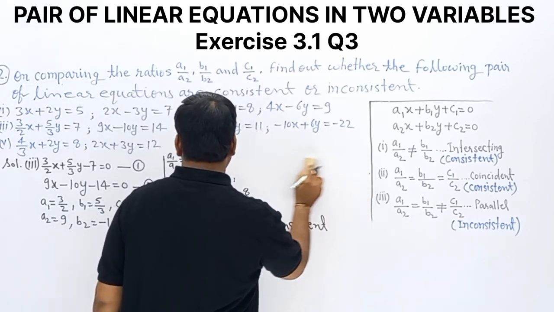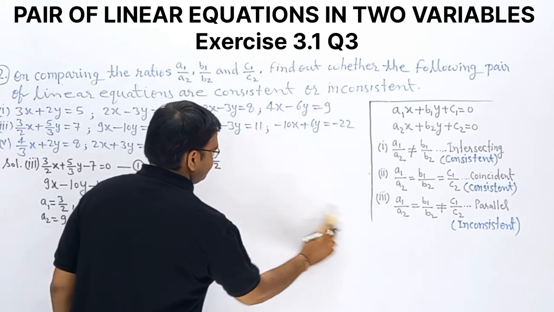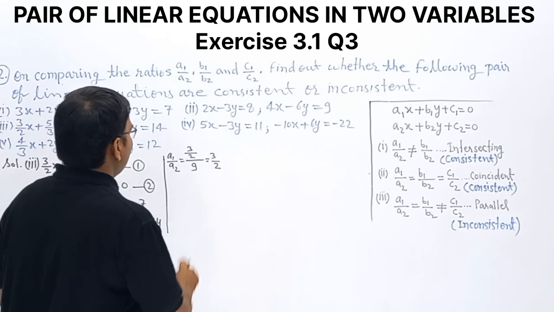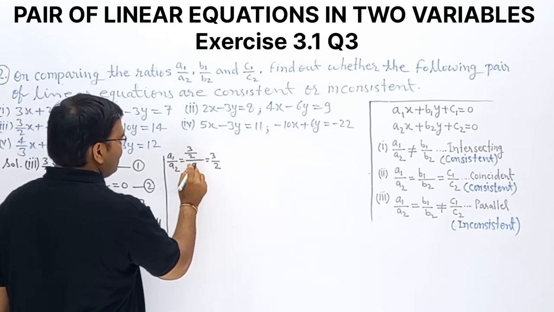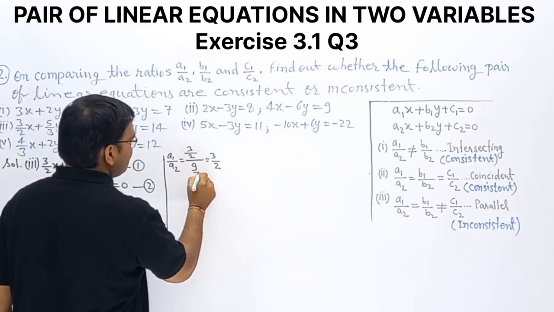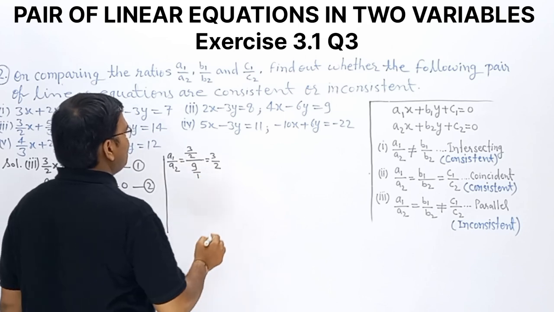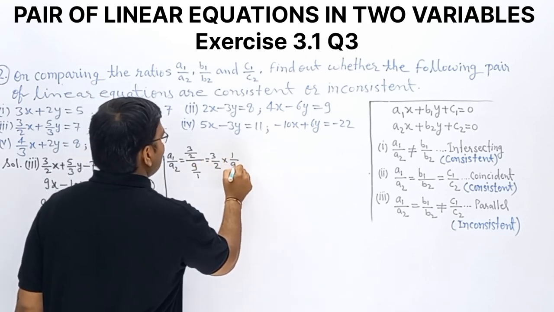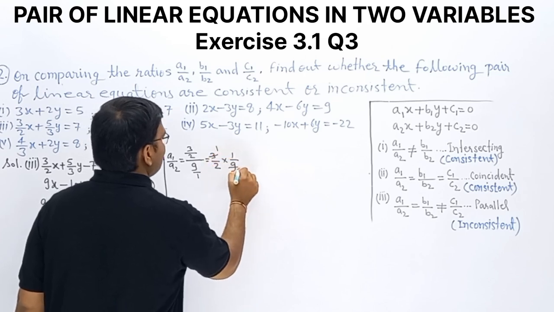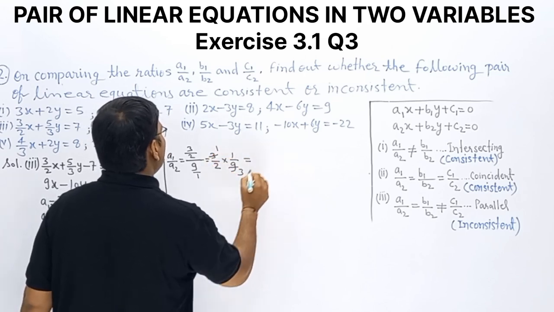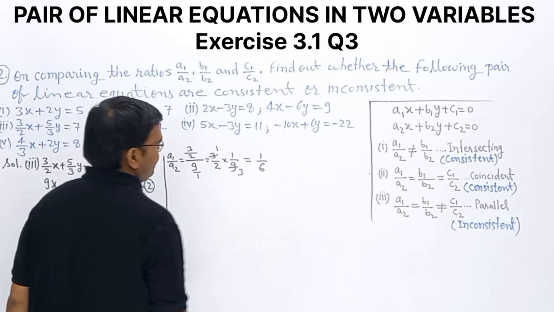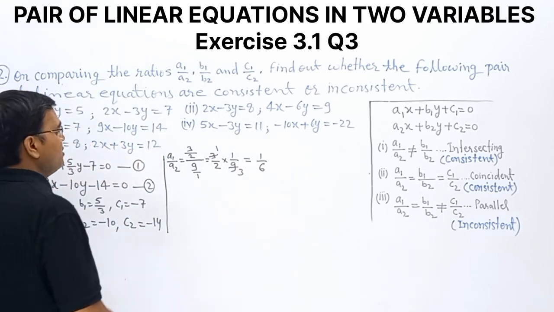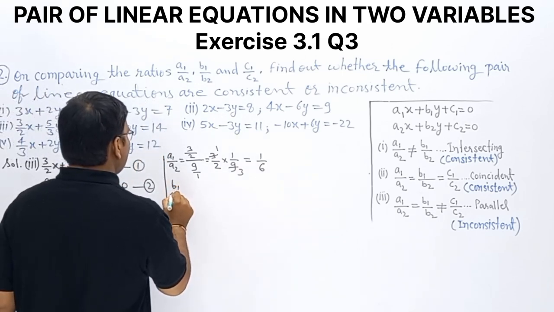This can be written like this. 3 by 2 is the numerator, and the reciprocal of the denominator 9 upon 1 will be 1 upon 9. One time it is going, 3 time it is going. The result is what? 1 upon 6. Clear? Now the next ratio, B1 upon